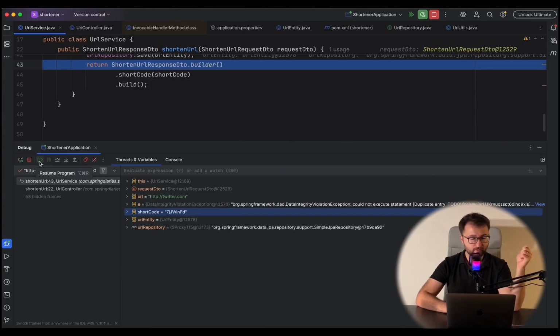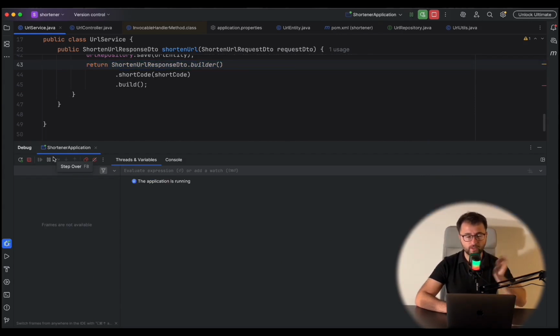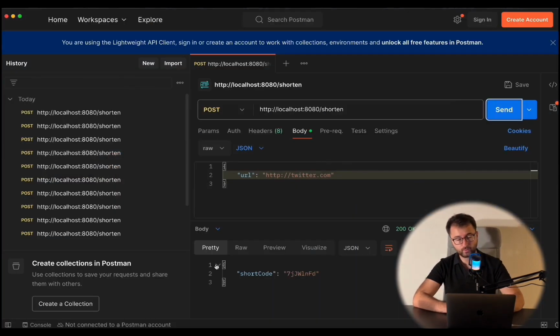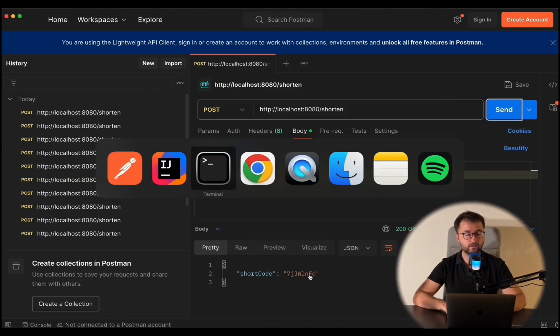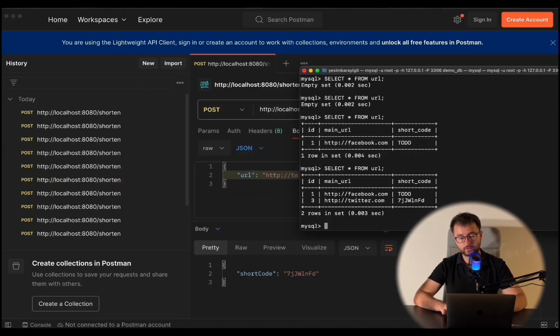And now if I click on this resume program button, which, technically speaking, is going to take us to the next breakpoint, but we don't have one. So this is going to execute everything. And if I come back to Postman, now we see that shortcode here. And if I go to my terminal and re-execute the exact same select query, now we see that main URL